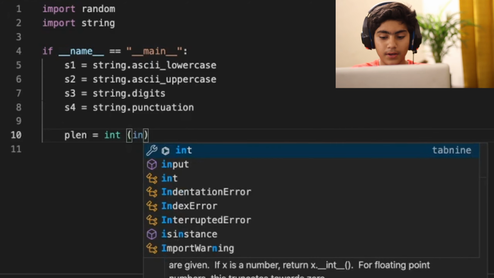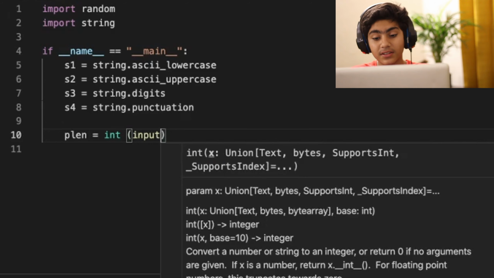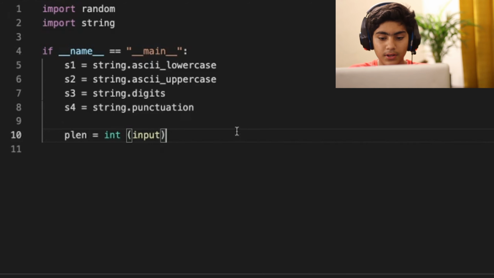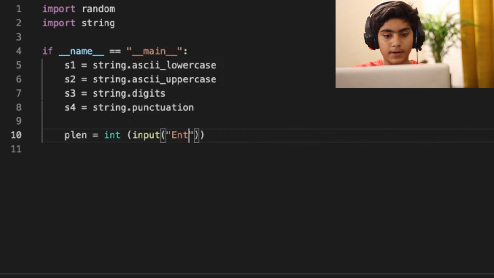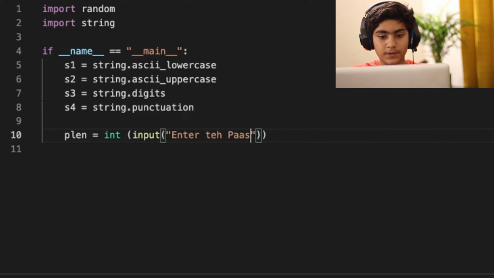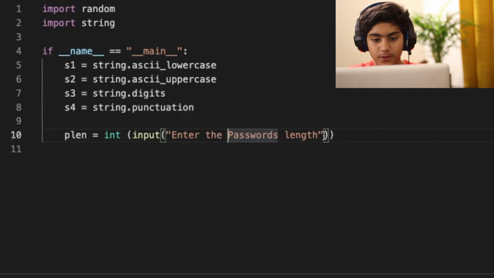The input would be "Enter the password length". That's all we need.